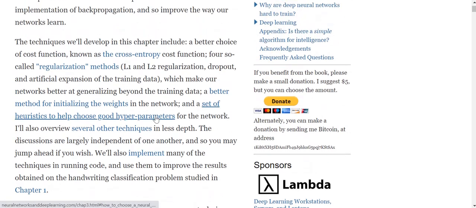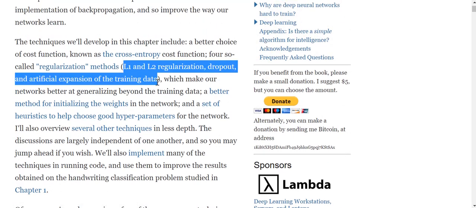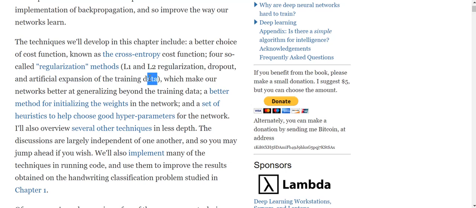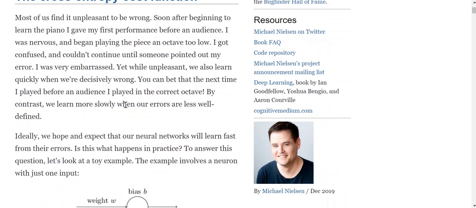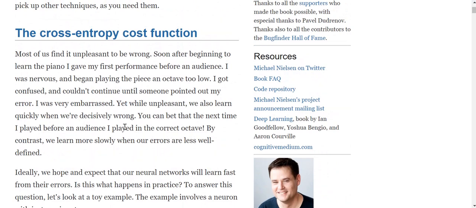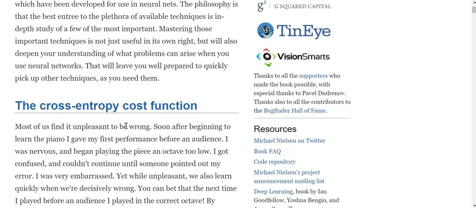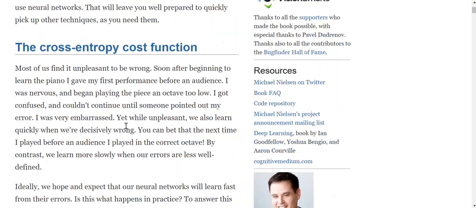So the author is basically saying that he's going to discuss these techniques, and why these ones, because they can help us first of all increase the performance of our neural networks, which is of primary importance to us. Secondly, when you study these techniques you'll also get to know why these techniques came into being, or why we are using the cross entropy cost function. So it would also help you get familiar with the problems which can come up with neural networks if you do not take these into consideration. And of course, once you have these down, it would be much easier for you to pick up other techniques.